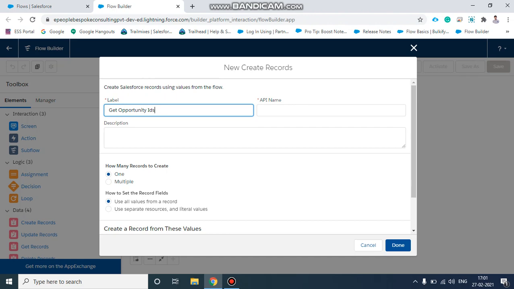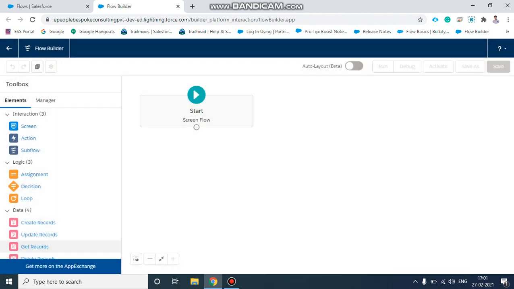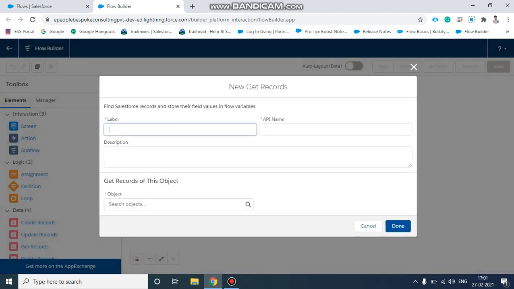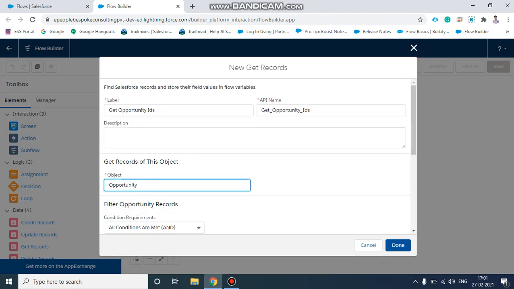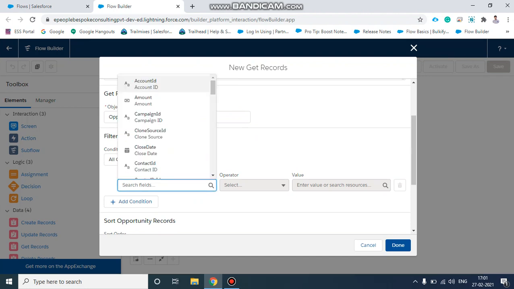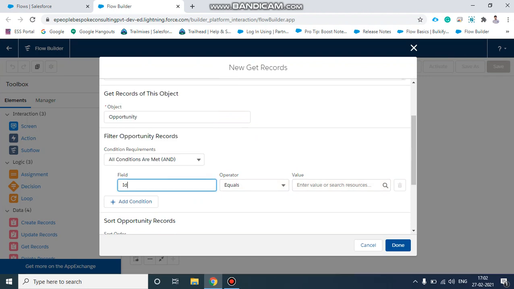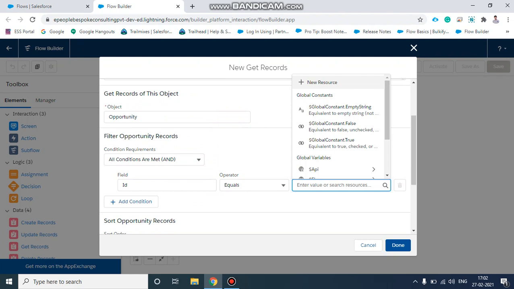I need to take Get Records, and I will select our object as Opportunity. I will create a variable to store the ID, so my condition is Opportunity ID equals the variable where we stored the ID.